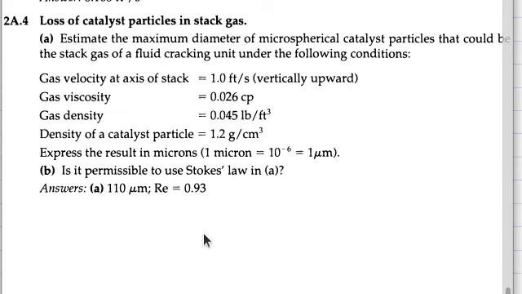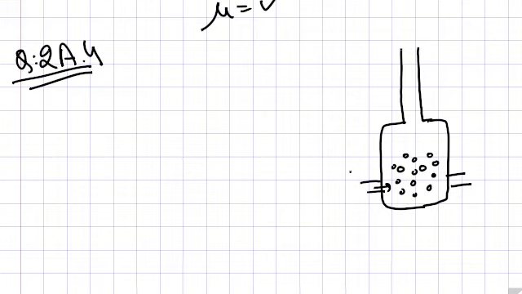So we will have this problem now. You can see this problem this way, that suppose this is some kind of reactor, and they are calling it fluid cracking unit. Here you see that these are spherical catalyst particles, and this is your stack, that is chimney. You are having reaction here, or you can say that you are burning something here, with the catalyst you are having some reaction, and these are the gases that are formed, like fumes, or you can say smoke. You can compare it with that.